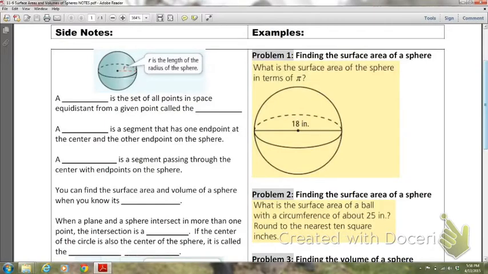In this lesson, you'll learn about the surface areas and volumes of spheres. So our objective is to find the surface area and volume of a sphere. The definition of a sphere